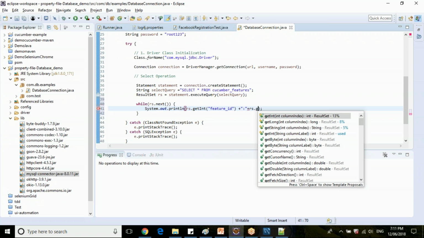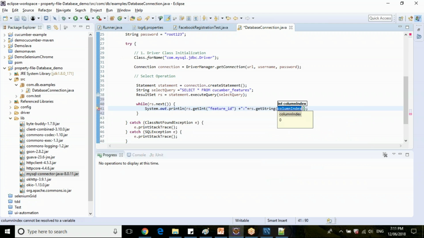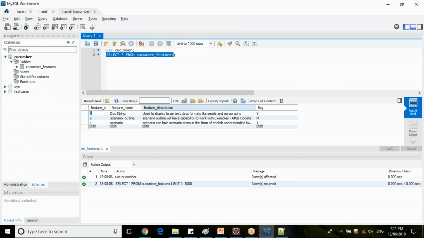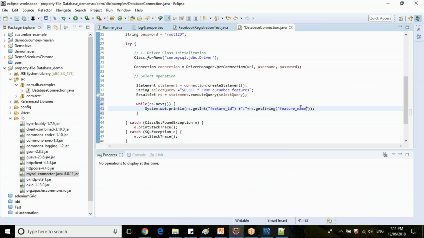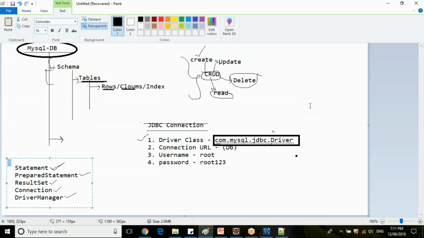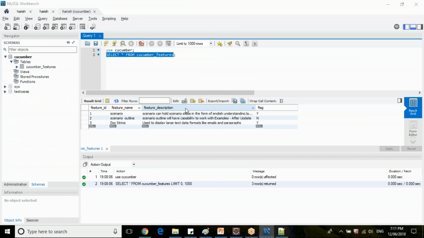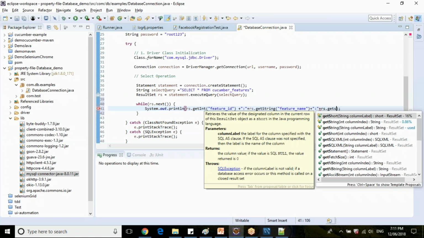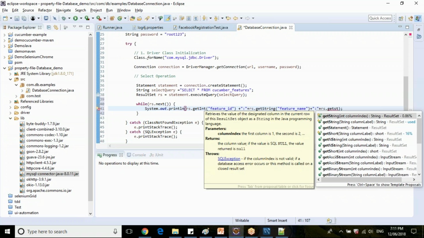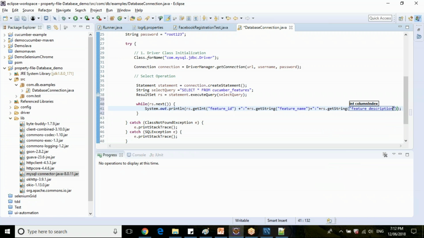Then again, resultSet dot. The second column is a string. So give the column name here. Copy this and provide it in the getString. And the third one is feature description. rs dot getString, pass the column name here, and let's not worry about the flag field.